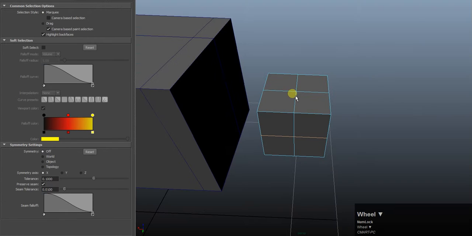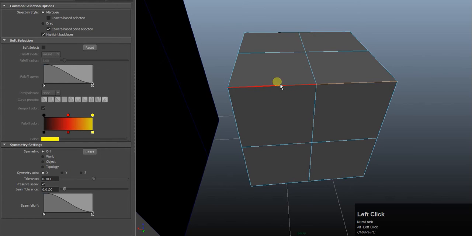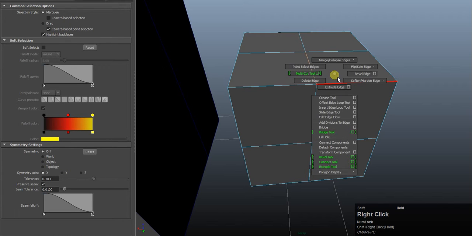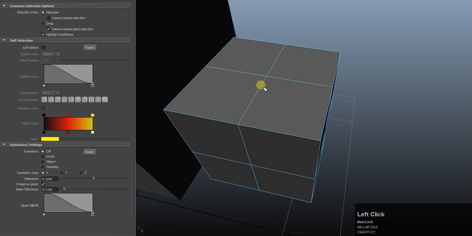So let's say I want to cut and make 2 edge loops on this side and this side. Now, I don't care about them being perfect on either side, but I want to make sure that the distance on either side is exactly the same. So this is when the Offset Edge Loop tool comes in handy. So if I go into Offset Edge Loop tool and I click on this edge right here, it's going to create 2 edge loops mirroring the edge loop that